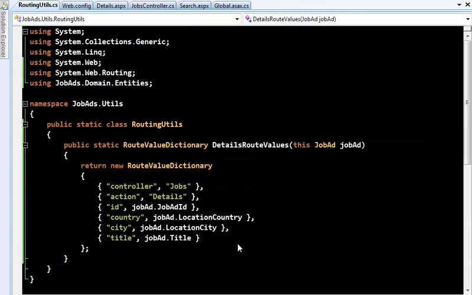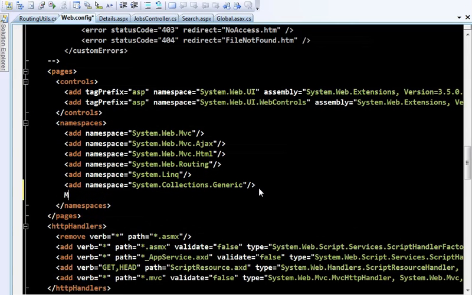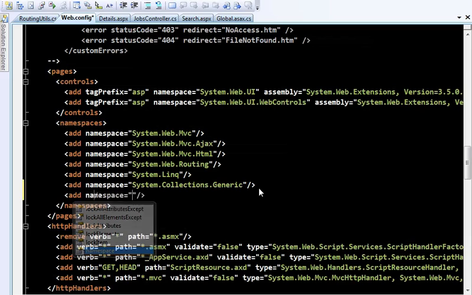Right, so now I've got a way of constructing all these routing parameters, I'm going to actually use it to generate my URLs. Firstly, since this is an extension method, I have to import its namespace in order to be able to access it in any given view. So I'll copy its namespace, and in my web.config file, under the list of namespaces that are made available to views, I will add a new one, and that's this namespace.